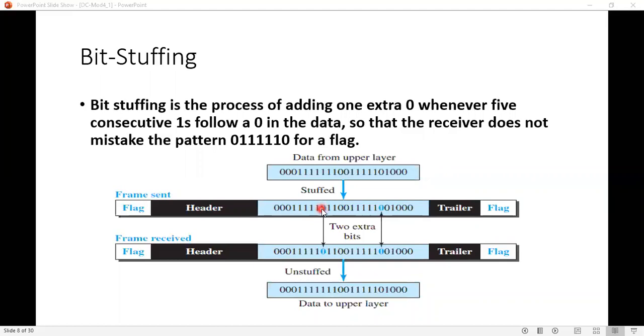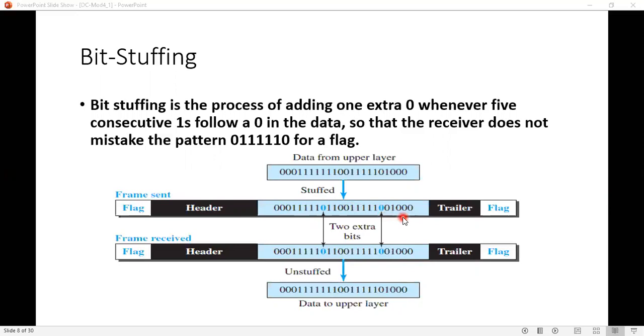Once there is a 0 followed by 5 ones, then immediately after that you have to place a bit there. Similarly here also you have a 0 followed by 5 ones, so you are including 1 extra bit there. And the receiver understands that it is not the end of the frame, and it will continue reading.